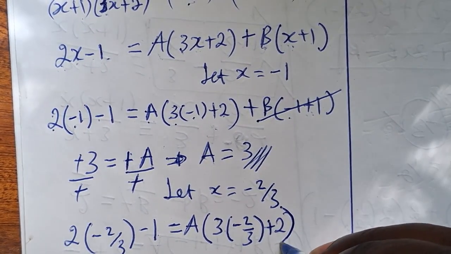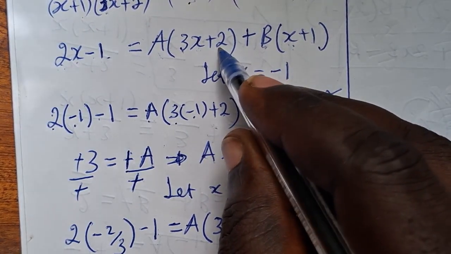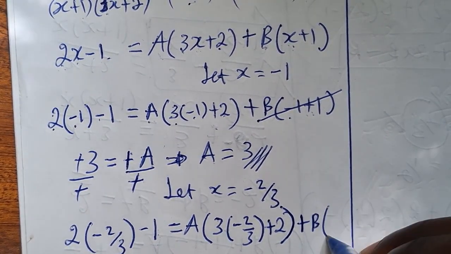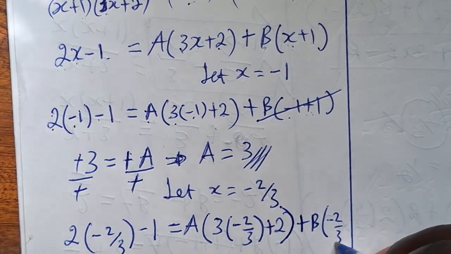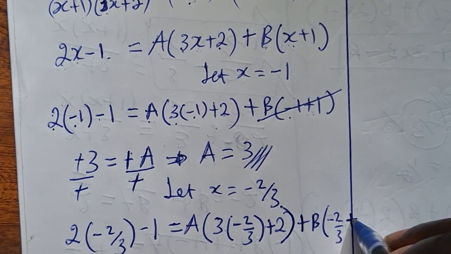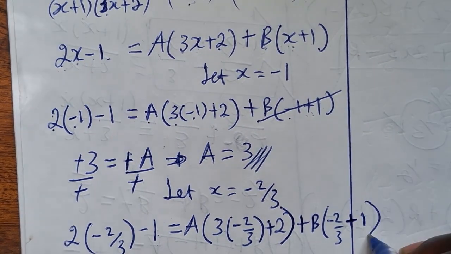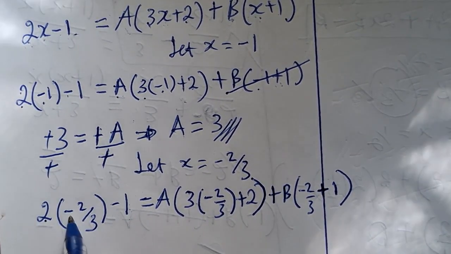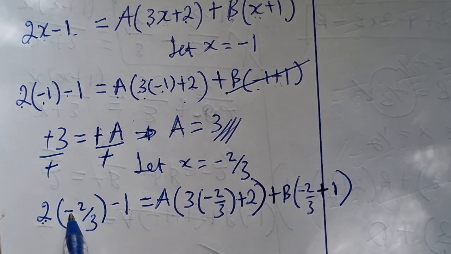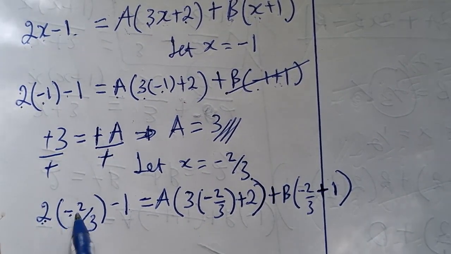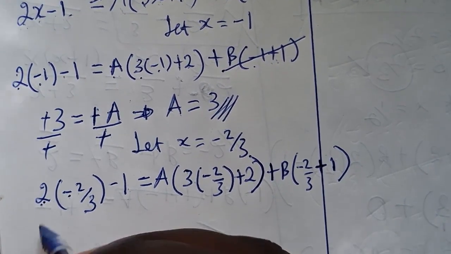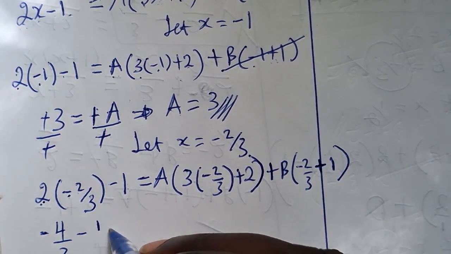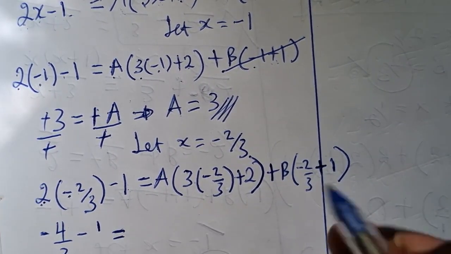We cover it here. This plus 2 here, which we can see here. Then plus the b into minus 2 over 3 plus 1. Plus 1. And we cover it here. Now, looking at this expression, minus 2 times minus 2 is minus 4. So we are going to have minus 4 over 3 minus 1. So minus 4 over 3 minus 1 will be equal to, if we look at this now,